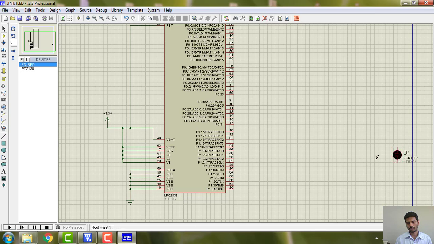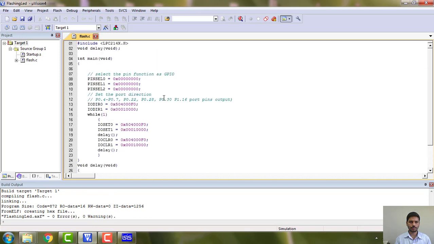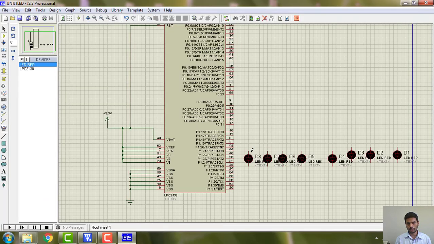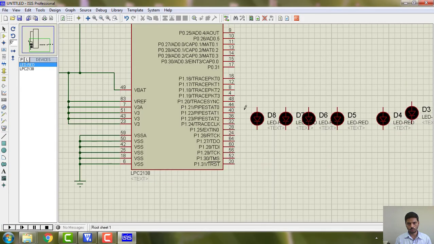So connect 1, 2, 3, 4, 5, 6, 7, 8. Okay, 8 LEDs I have taken. If you see here, the 8th LED is connected to 1.16. Here you can see the 8th LED I am connecting to 1.16. Here it is.